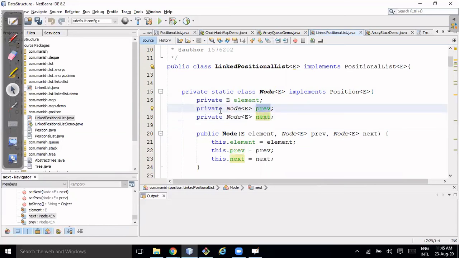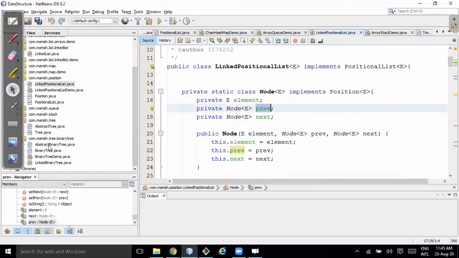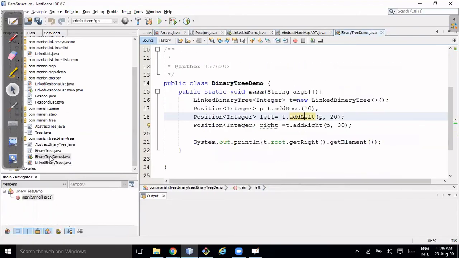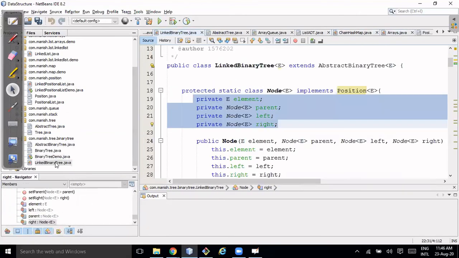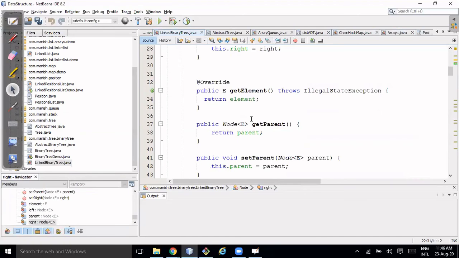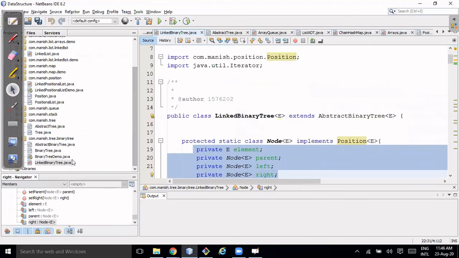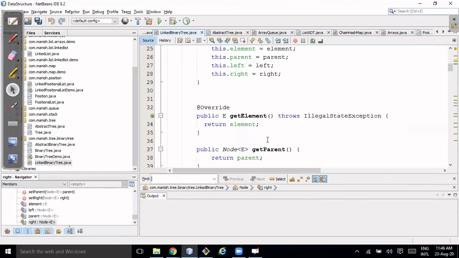To restrict that, you first need to validate, and you have seen how to validate in the positional list. So I'll go back to add left.